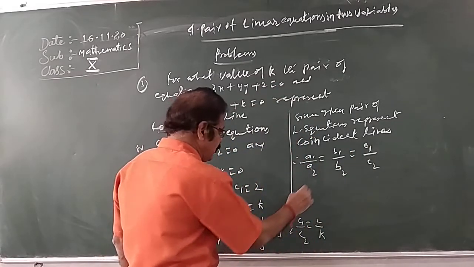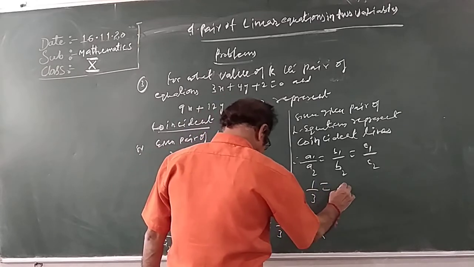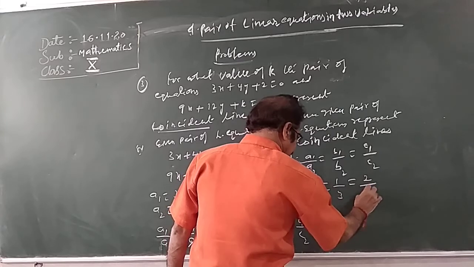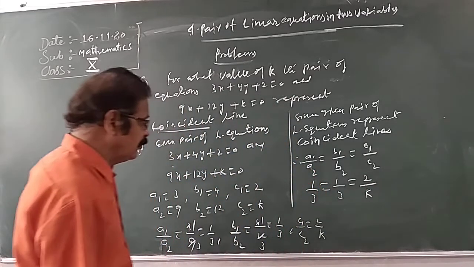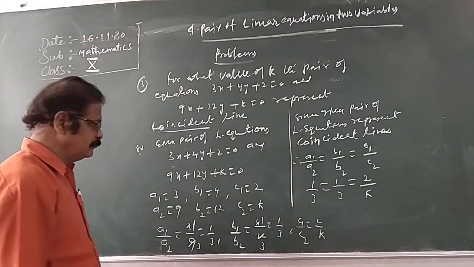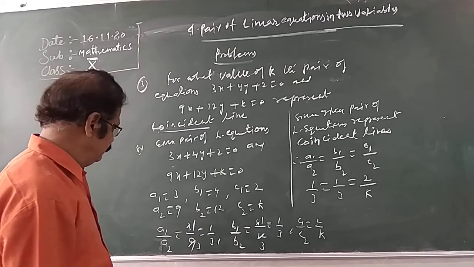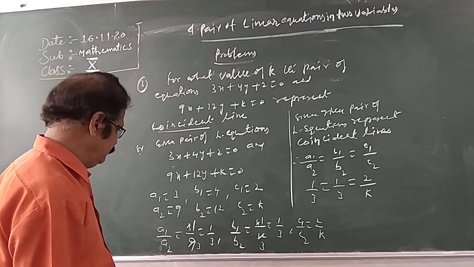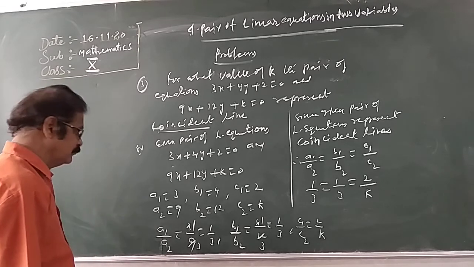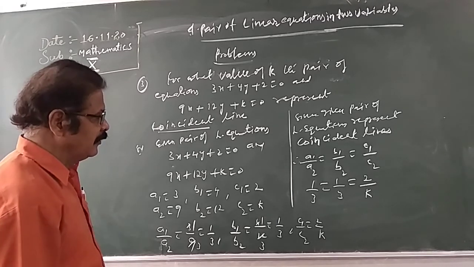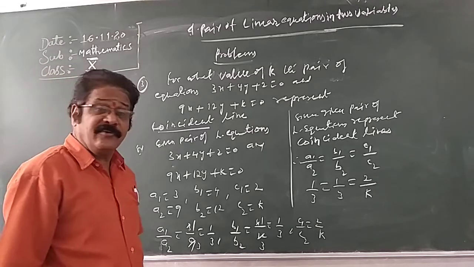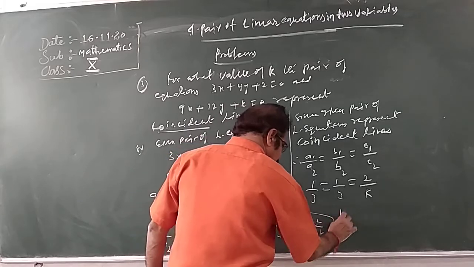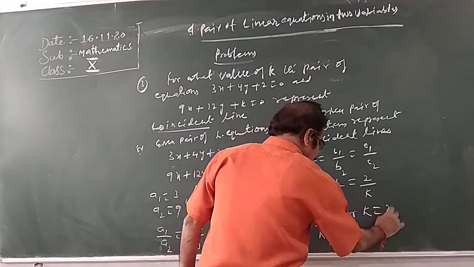A1 by A2 is 1 by 3, B1 by B2 is 1 by 3, C1 by C2 is 2 by k. So k is equal to 6. Instead of k, what is the denominator? 6. So for k equal to 6,